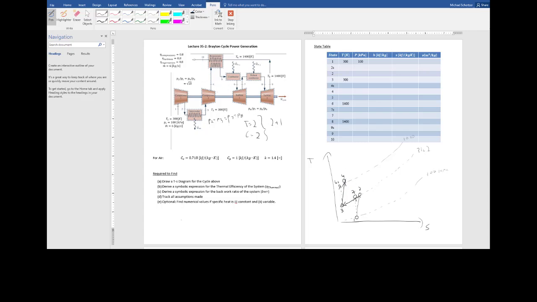Now there are 2 ways that I heat. The first is through the regenerator, which is going to get me to state 5. And then through the combustor from 5 to 6. I never draw this very well. So let's go. I think I have to, because what I want is my exhaust temperature has got to be higher than my